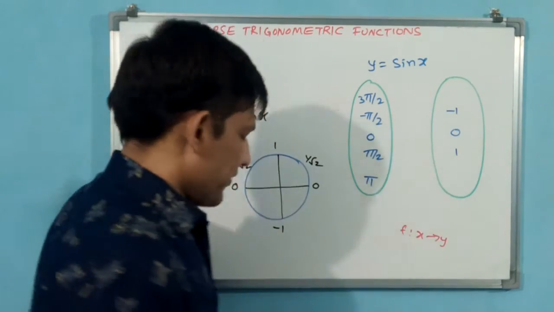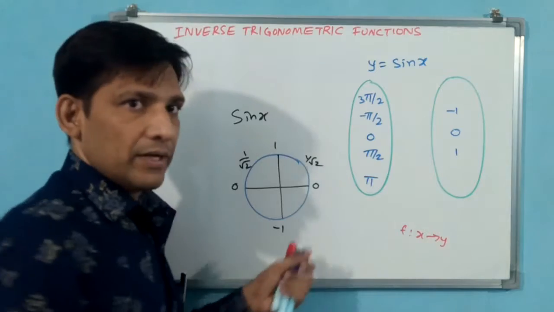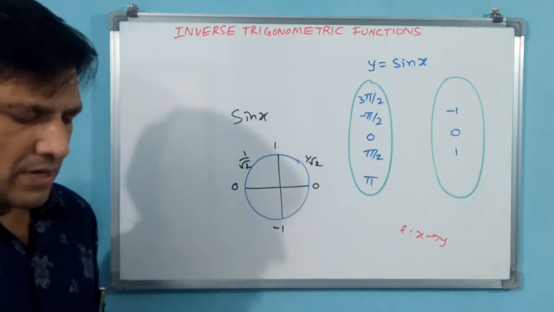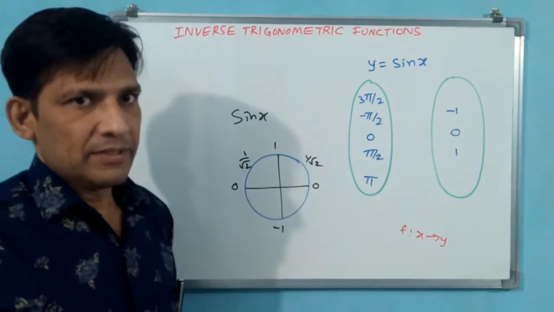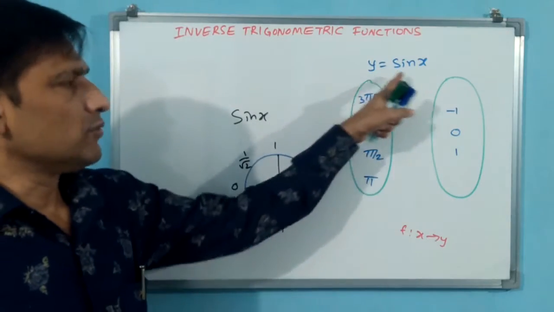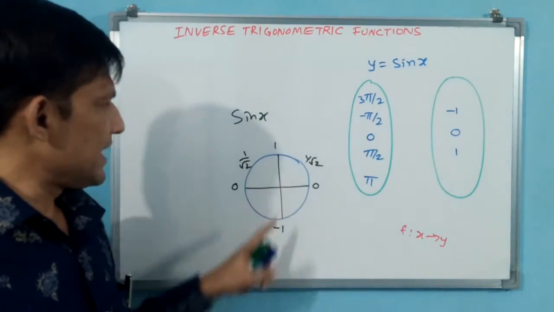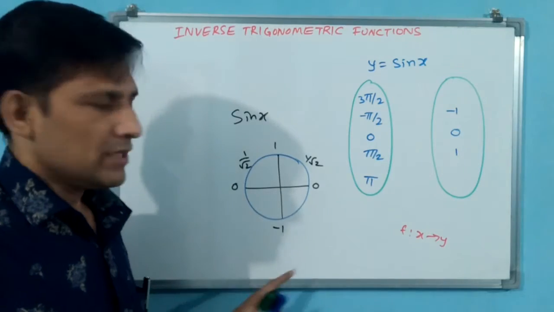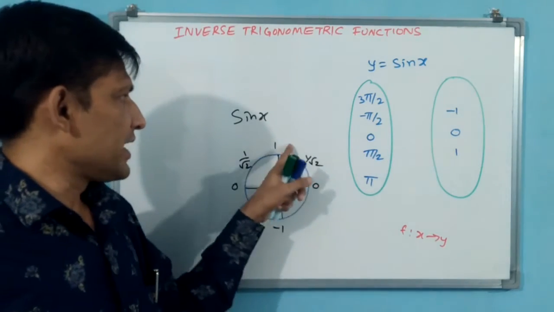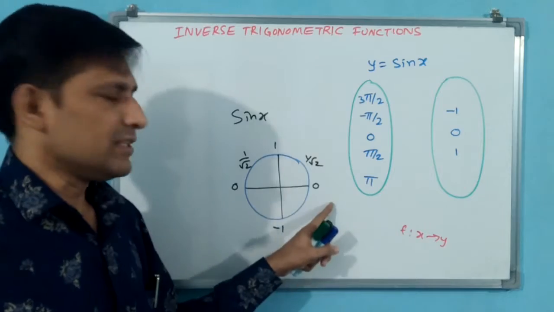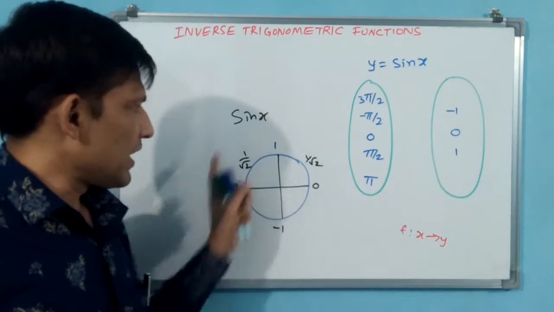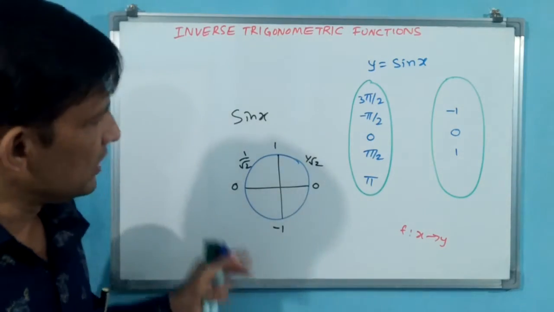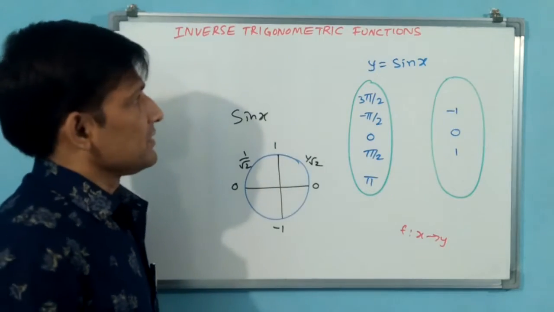Now you see, I am changing this arrow diagram a little bit, like this only, the sine circle diagram values. Here angles have not been put. Angles we know: 0 degrees, 90 degrees, 180 degrees, 270 degrees, 360 degrees. Only values I have put. Now let us see the arrow diagram of this sin x.